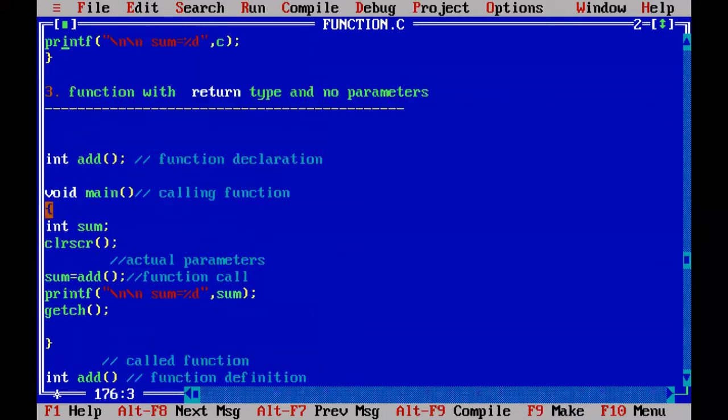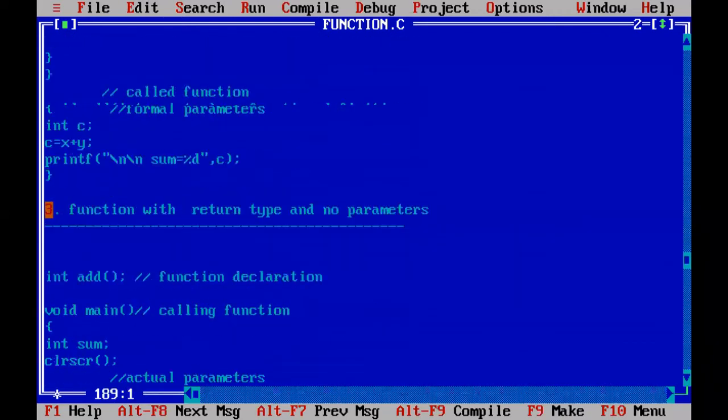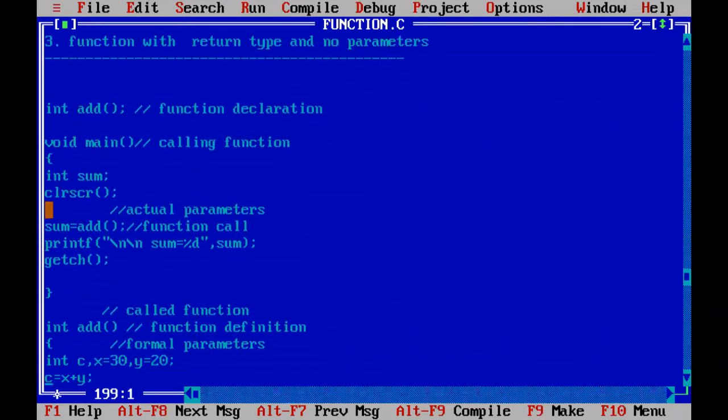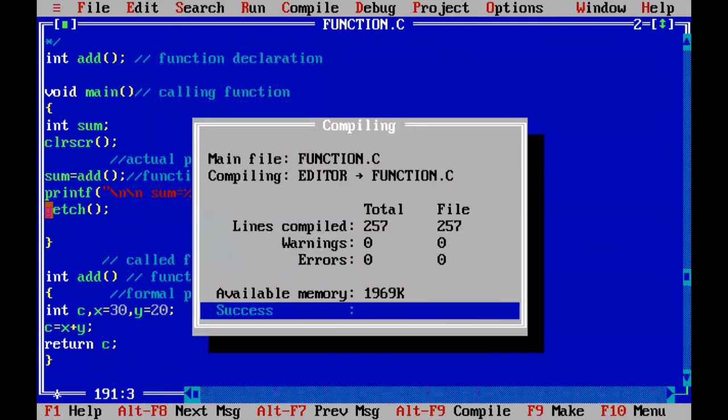Comment it. Remove the comment from here, and comment up to this one. Right. Uncomment the current program. Now press Alt F9 and Control F9. The result is printed: 50.